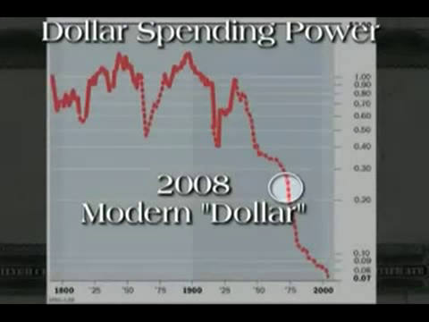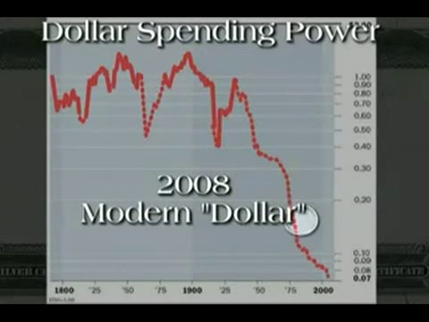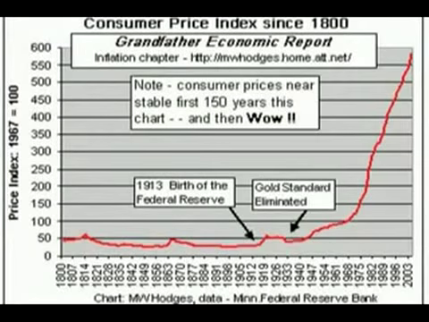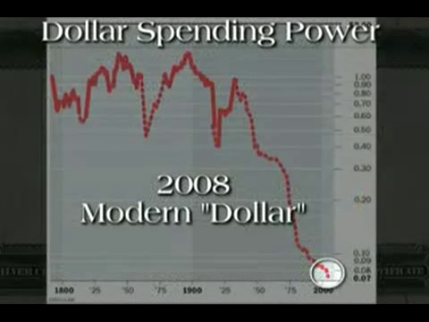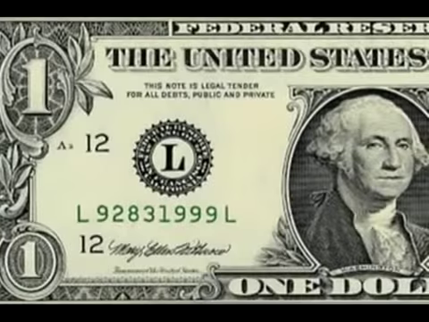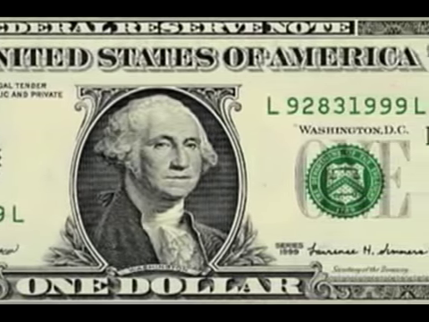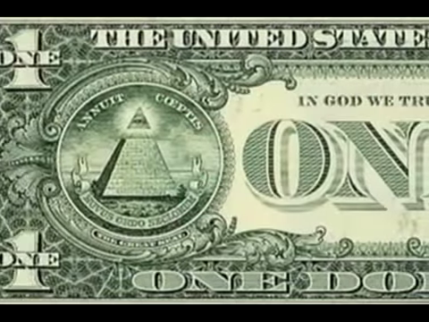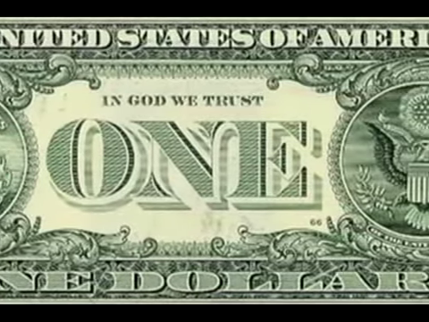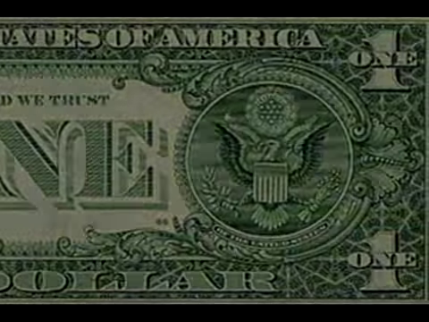With no restriction of redeemable coinage, the number of dollars in circulation has skyrocketed while the actual value of the dollar has plummeted. Prices keep going up because the dollar is worth less and less, and this is where we are today. This note, or IOU, is a legal tender for all debts public and private. That's it. That's all it says. There's no promise to pay the bearer or anything. It basically says this is the money.